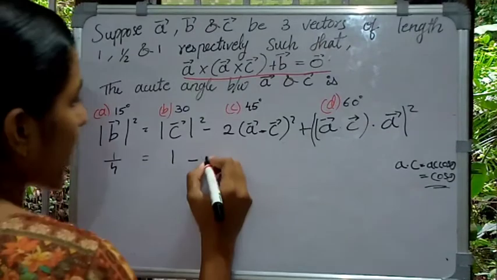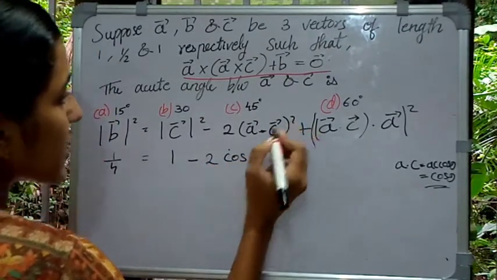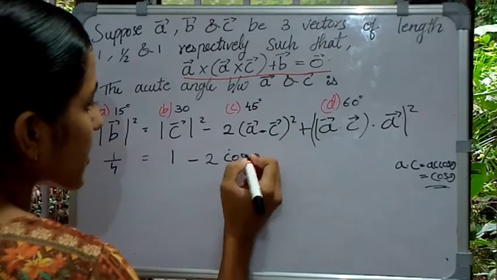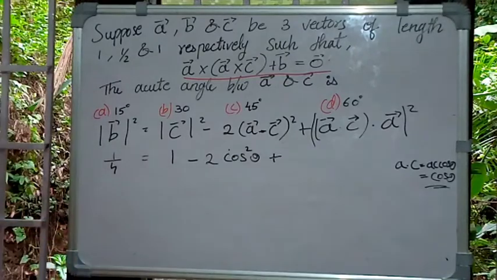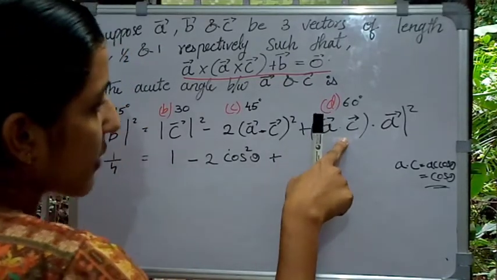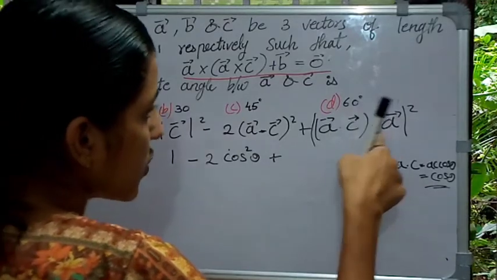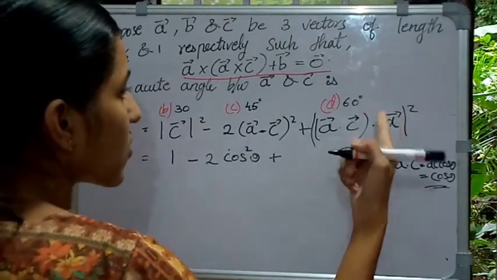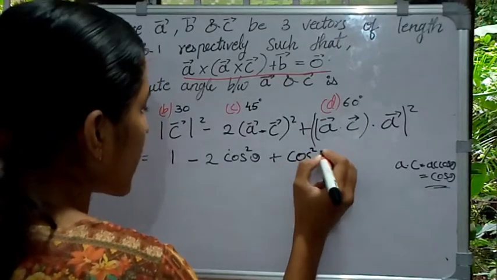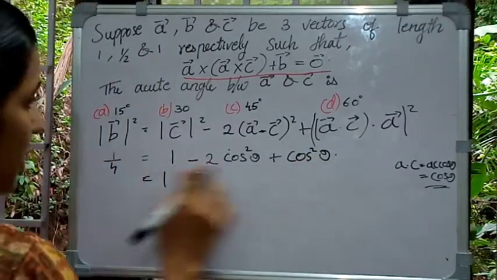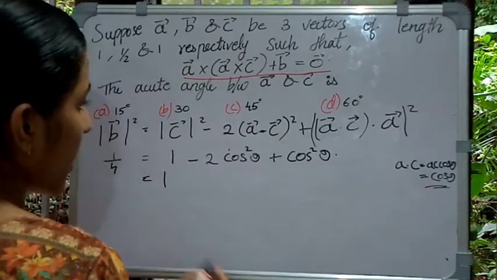So substituting that value, 2 into cos theta, as there is a square, so we are giving it to this, thus we get 2 cos square theta plus here A dot C value is cos theta, which we have already found. So cos theta into 1 is cos theta. So as there is a square, we can write it as cos square theta. From this, we need to add minus 2 cos square theta plus cos square theta, which we will get